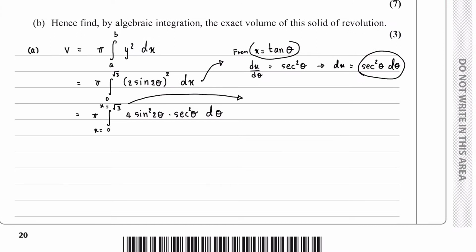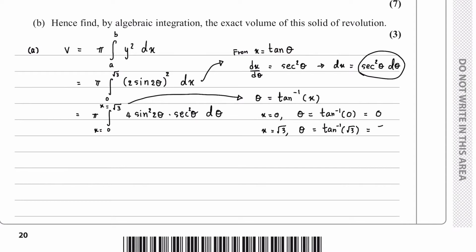From the previous one, we know that x equals tan theta. So we're going to make theta the subject. Theta will be arctan x. And then we substitute the upper and lower limits into this equation. When x equals 0, theta will be arctan 0, which is 0. And when x equals square root 3, theta will be arctan of square root 3, which is pi over 3 radians. Now we've got the new upper and lower limits, so we put it back into the equation. This one will be pi, the integration from 0 to pi over 3, 4 sine squared 2 theta times sec